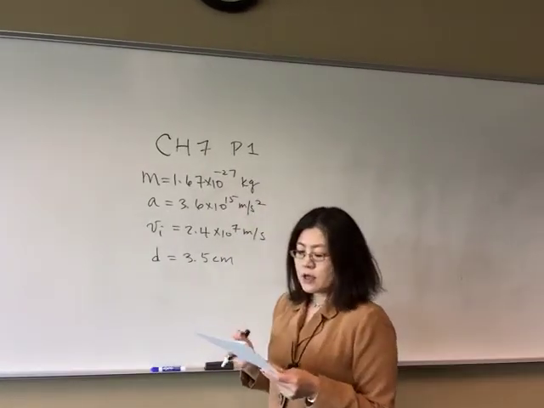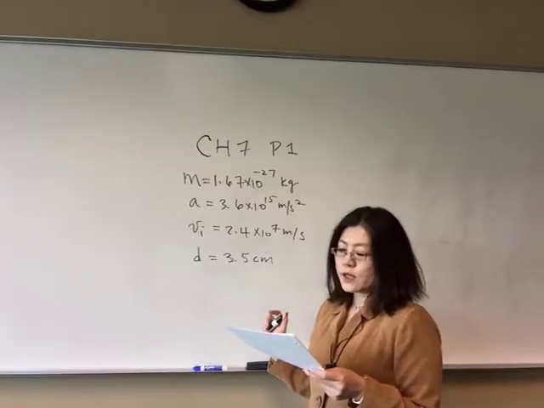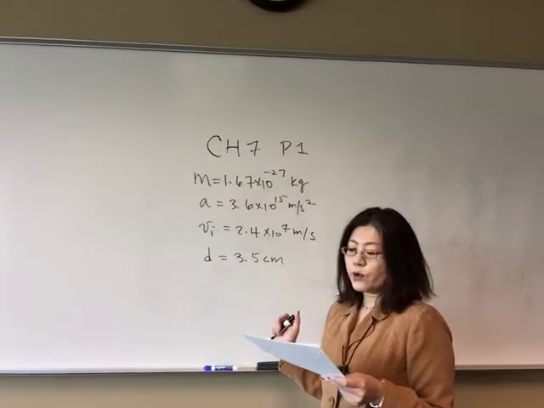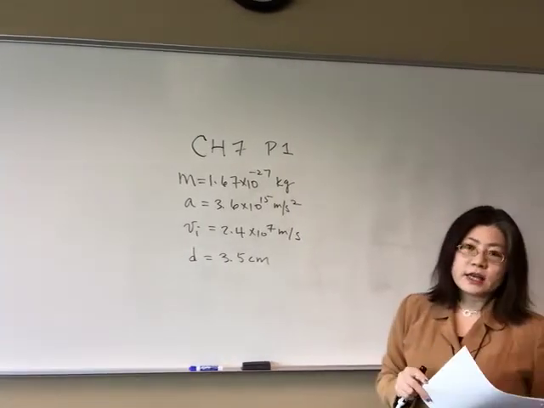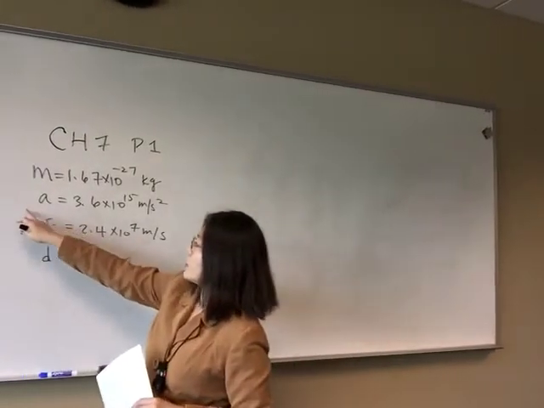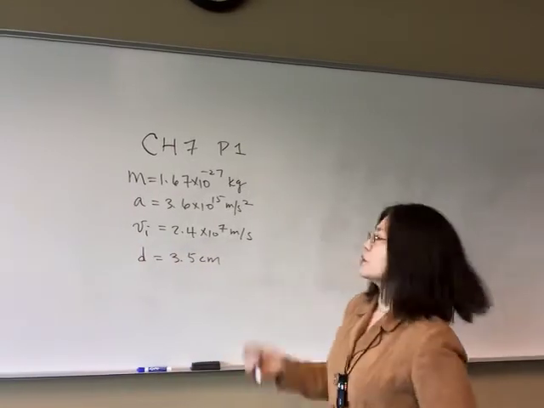You're given the mass. If the proton has an initial speed of 2.4 times 10 to the 7 meter per second and travels a distance of 3.5 centimeters, what is the speed and the increase in its kinetic energy? All right. So you're given the acceleration, you're given the initial speed, you're given the distance, so it becomes quite straightforward to